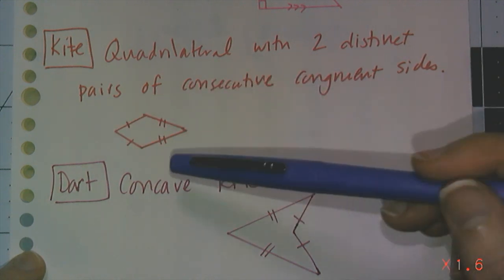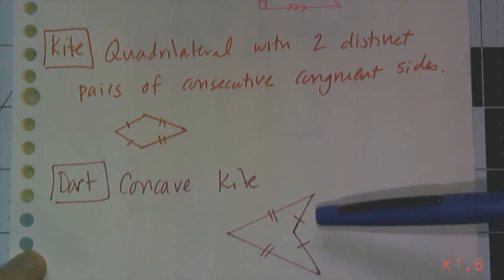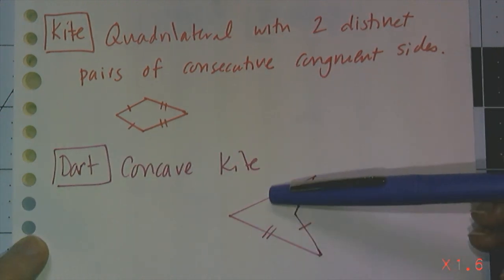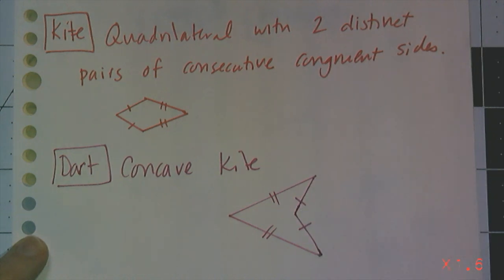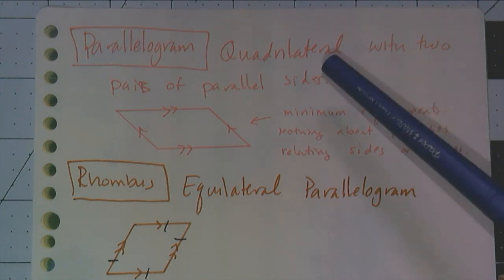And then if I want to talk about a concave quadrilateral with this property, we call it a dart. So you see consecutive sides congruent, consecutive sides congruent, dart, not a kite. Now we come to the quadrilaterals you should be most familiar with, starting with the parallelogram,